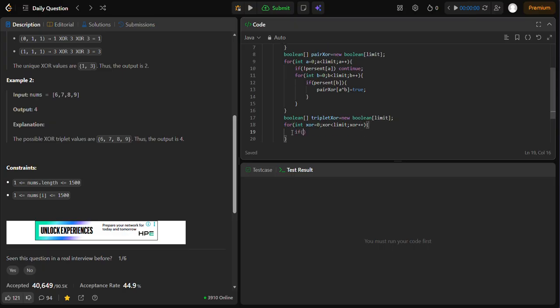Then we have to check if it's not present, then continue. And now for int c is equal to 0 and c goes up to limit, c plus plus,